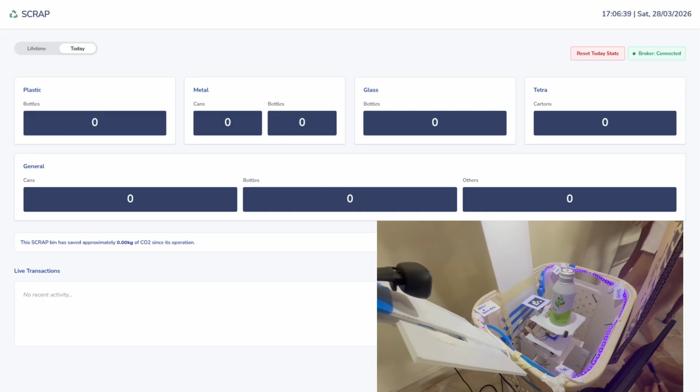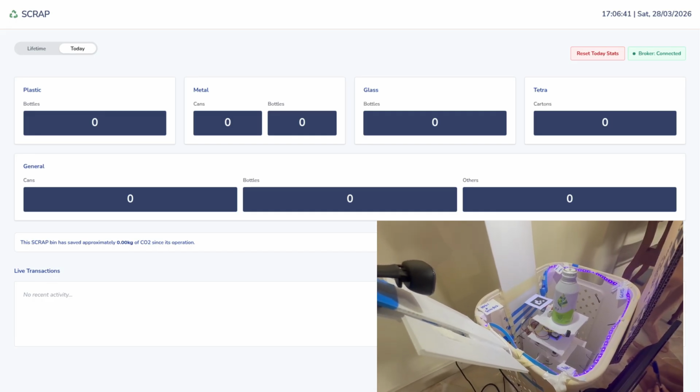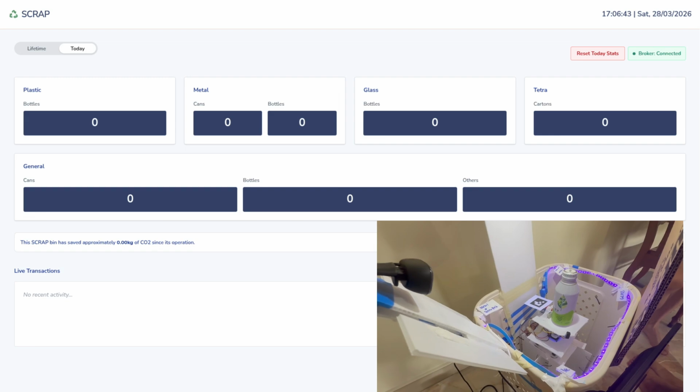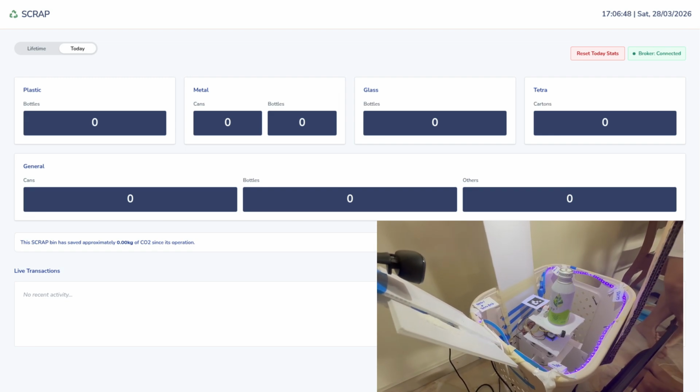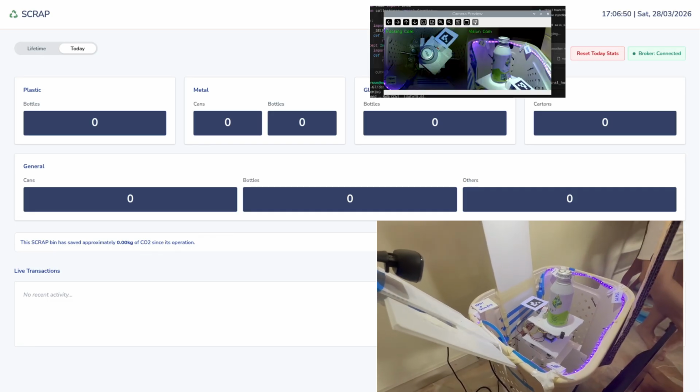Now let us take a look at the edge in action. It is now scanning a metal bottle. We can see here that